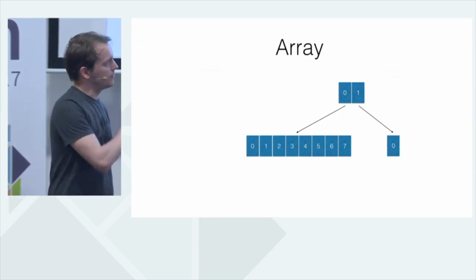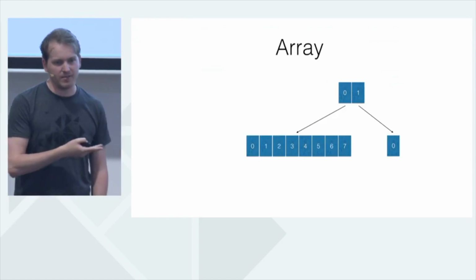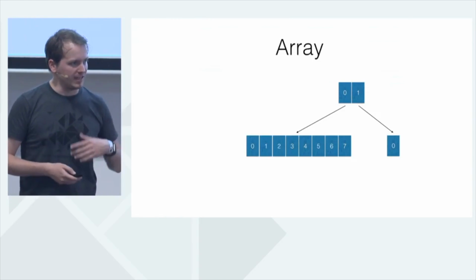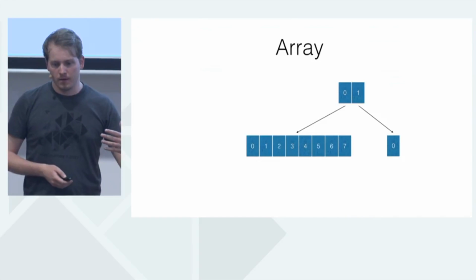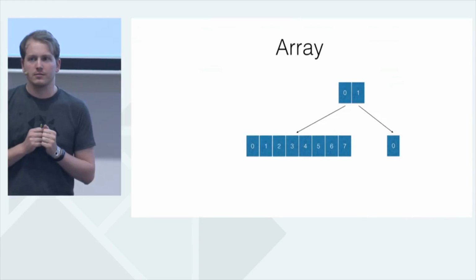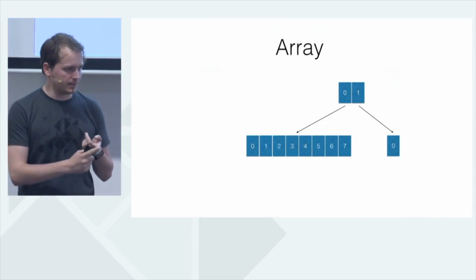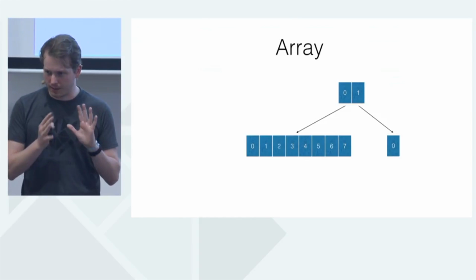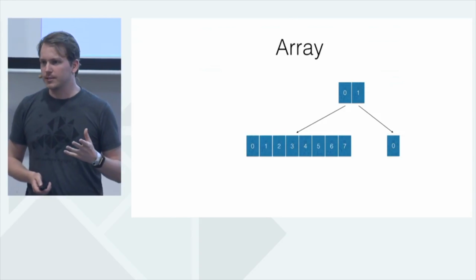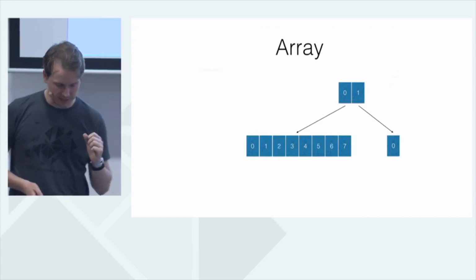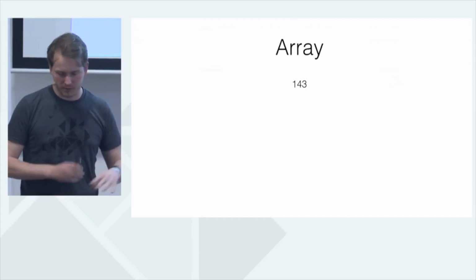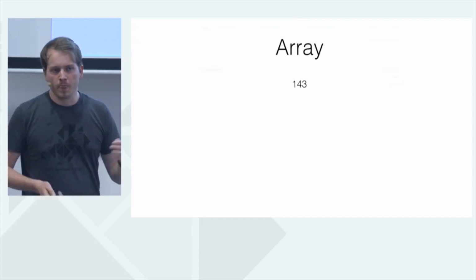The interesting thing, of course, if you do this, you're going to need some way of navigating this tree. You can't compare things and go left and right anymore. You need some other way of navigating. And the way we do that, because you know that you have an index, an index of 5 is going to give you the 5th element. This is a guarantee we have. So is there any other way we can look at an index? Is there a different representation of it? So if we take some random index, like 143, is there any other way